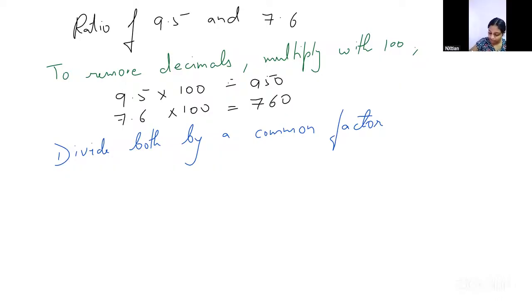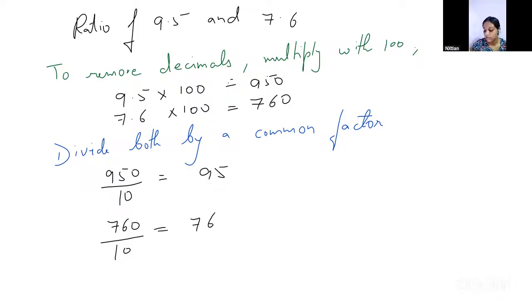So I'm taking 10, you can also take 5, because it will be easy to do with 10. Okay. And 950, sorry, 760 by 10. I have 95,